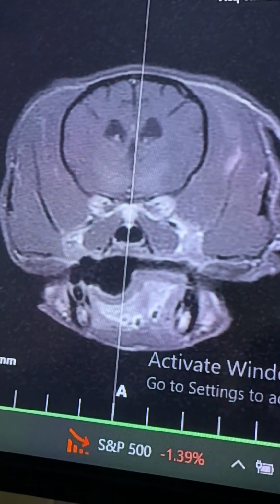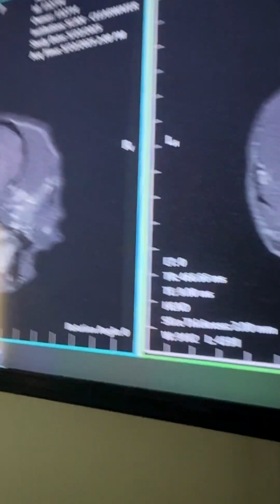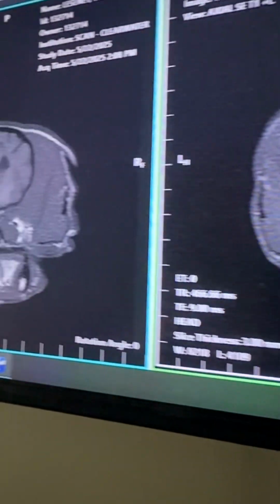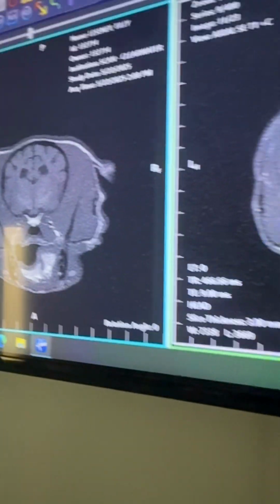If we even compare the two together, just scroll them together. So I always hold them up together to see, okay, is there anything looking different after contrast? And it looks pretty much the same to me. So those bright spots did not take up